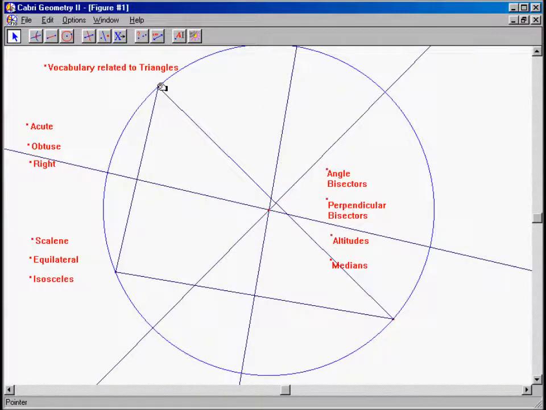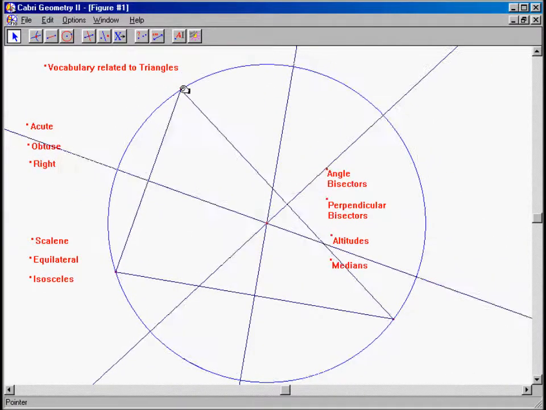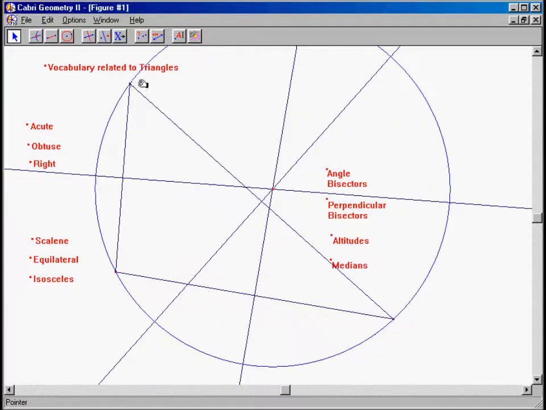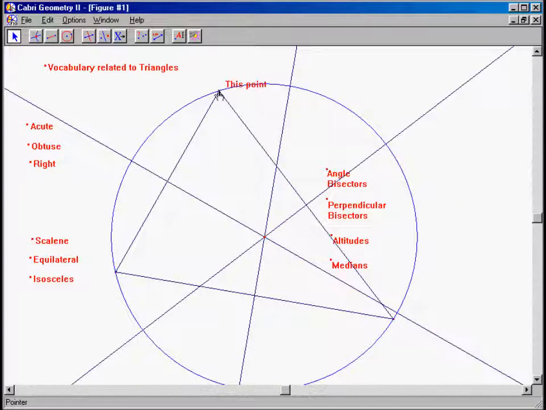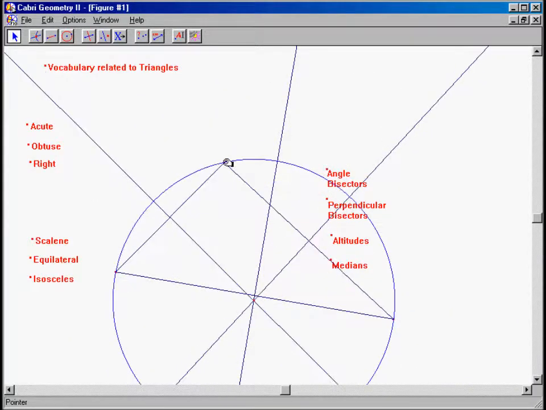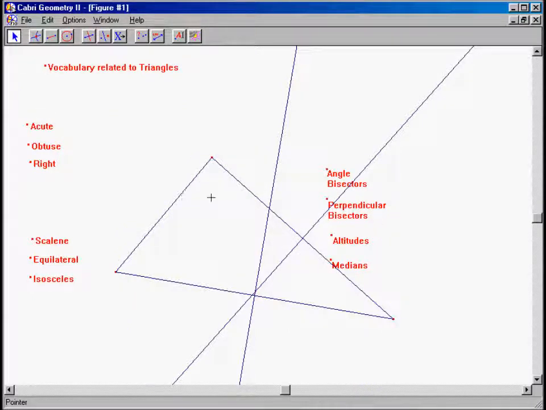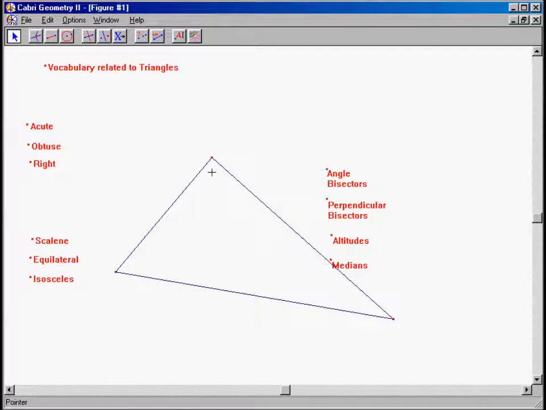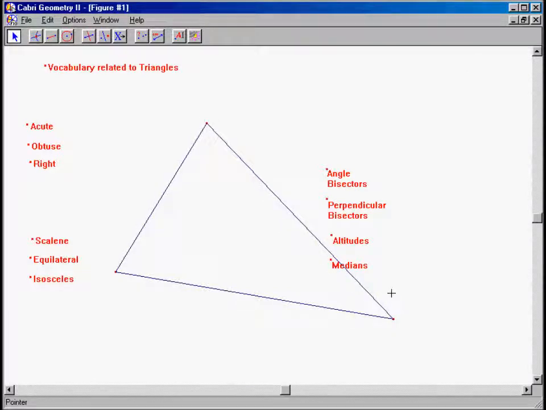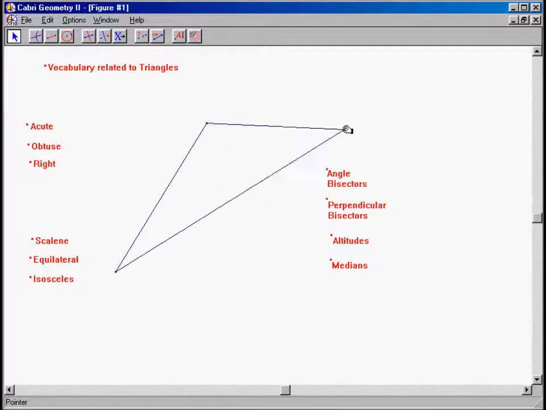We have these things that we've done. Let's delete this. We have one more to look at, and that's the altitude. Let's get rid of our perpendicular bisectors and get back to our original triangle. I'm going to choose this line and delete that. And there goes our circle, because it was the intersection of those two points that made the center of the circle. Anything dependent upon it is deleted when we delete that. Now we're back to our